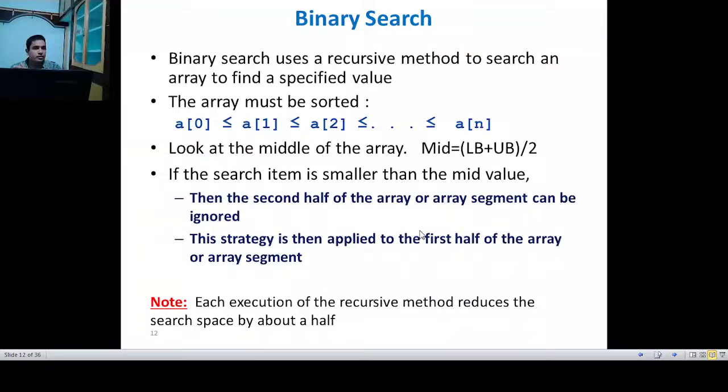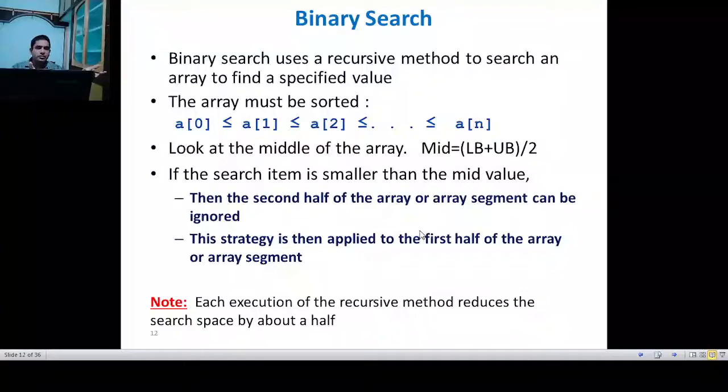All the elements present in the left side of the middle element are smaller than the middle element. All the elements present in the right side are larger than the middle element, because the array is a sorted array, right?